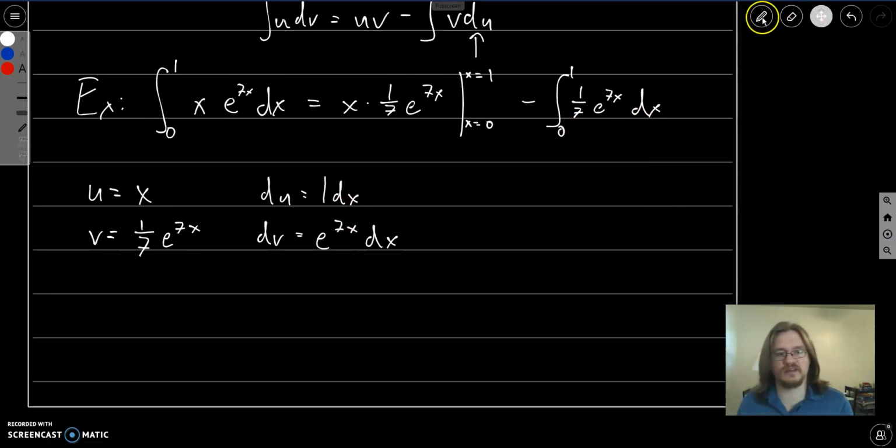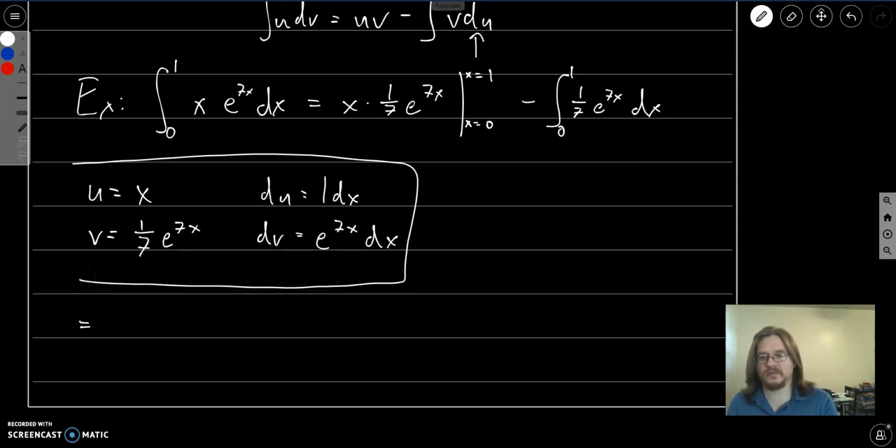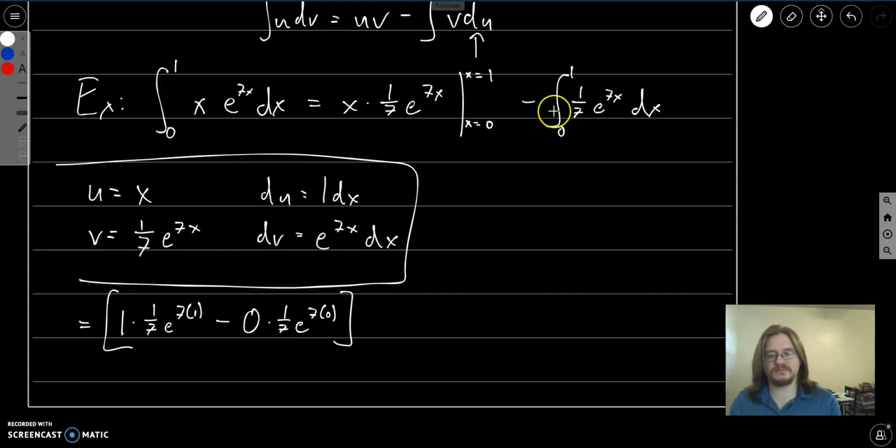So maybe I'll just continue this down here. This will be our scratch work. So I'll plug in a 1 into this guy, and I'll plug in a 0, and we'll subtract them just like we normally do. If I plug in a 1, it'll be 1 times 1/7 times e to the 7 times 1, minus, when we plug in a 0, 0 times a 7th e to the 7 times 0. So that is this first part,